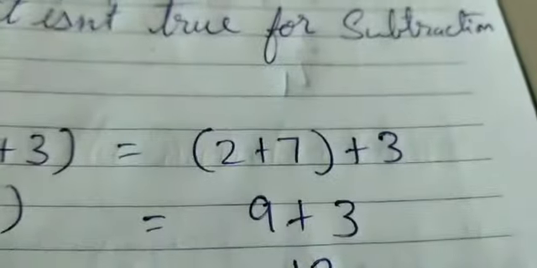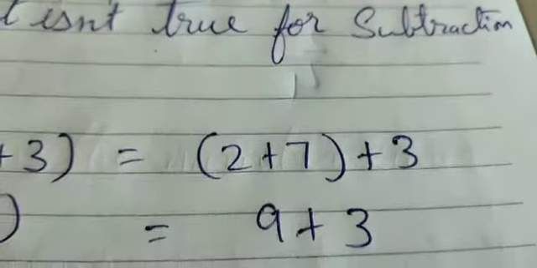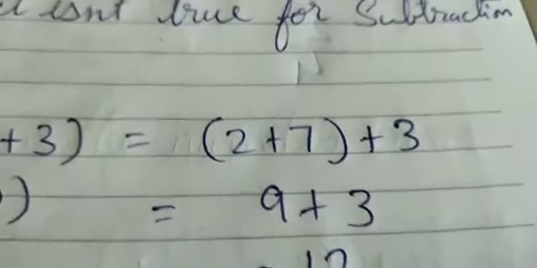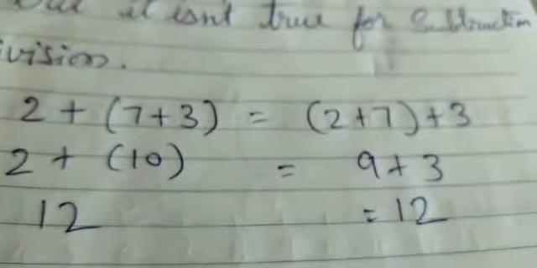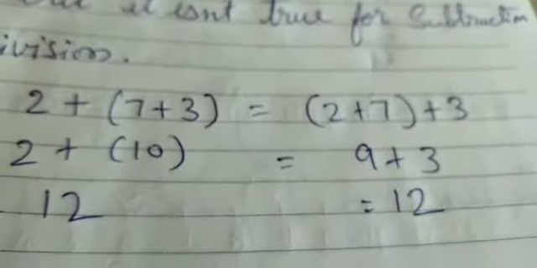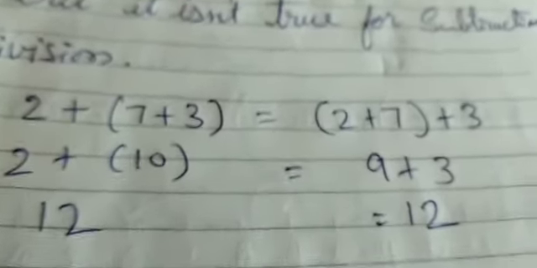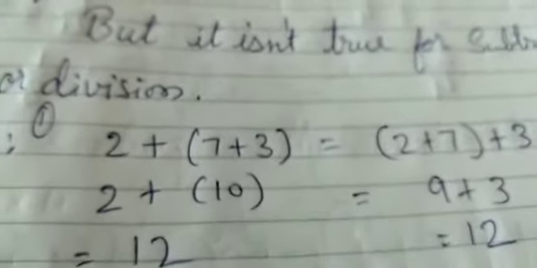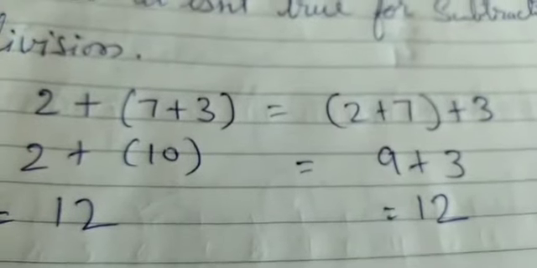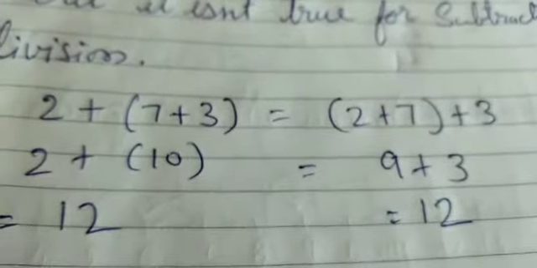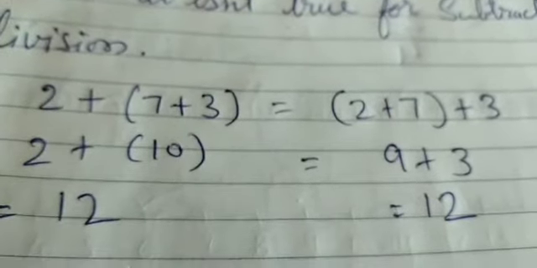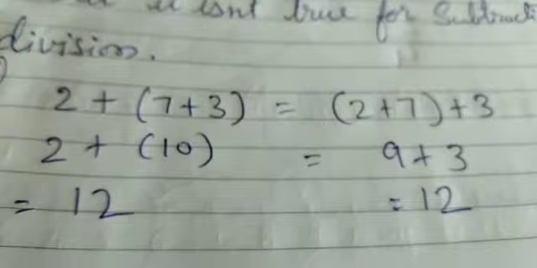Let's add 2 and 7 first. 2 and 7 gives you 9. Then I added to the last number 3, तो क्या मिला? 12. दोनों केसेस में आंसर सेम है. Answers are same. So what would you say? You will conclude that associative property is true for adding more than 2 whole numbers. In this case, you have to group it properly and add it.